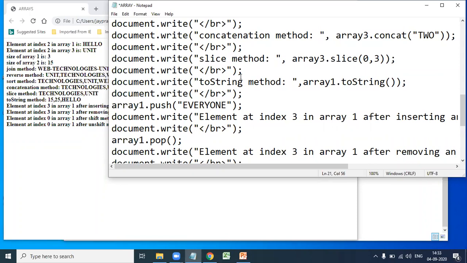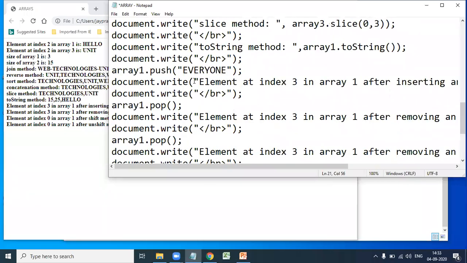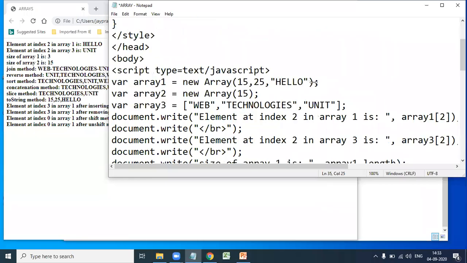Before that, array 1 consists of 15, 25, hello: index 0 is 15, index 1 is 25, index 2 is hello. After inserting the string everyone, it is inserted at index 3: index 0 15, index 1 25, index 2 hello, index 3 everyone.